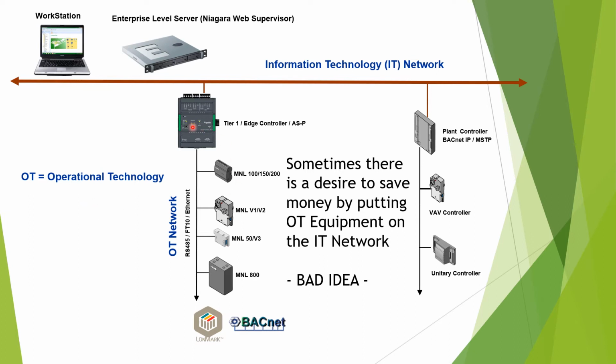We've learned that communication efficiency is greatly improved by managing networks this way. Sometimes there's a desire to save money by putting OT equipment on the IT network. Although this method can work, the additional traffic on the IT network has proven undesirable to many IT managers. The plant controller on the right is an example of a Tier 2 or OT device on a Tier 1